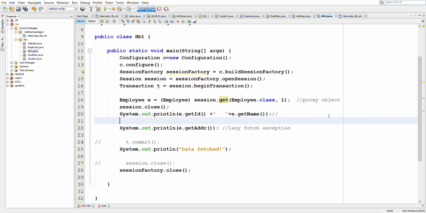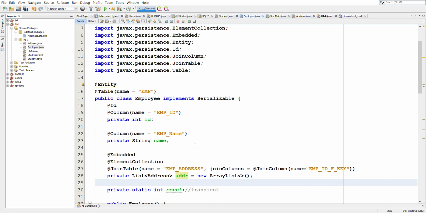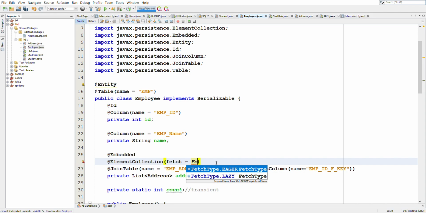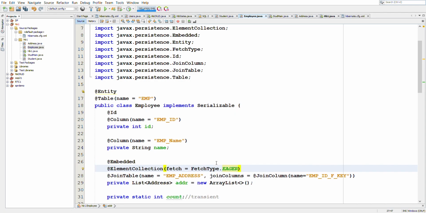So for eager fetch, we will have to go to the employee class here, and here we will specify fetch equal to FetchType.EAGER.